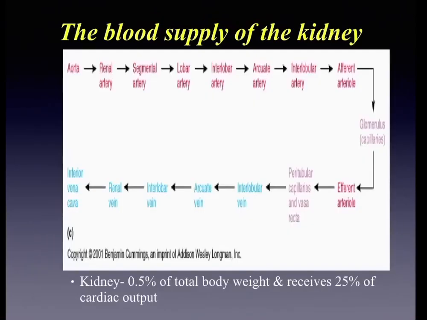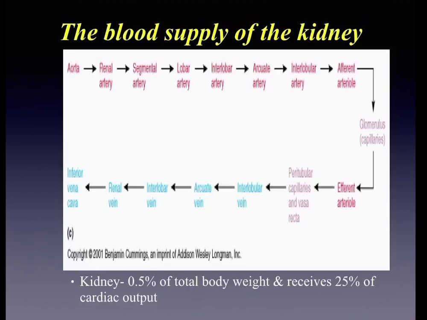Next, coming to the blood supply of the kidney. It is mainly by the renal artery, which arises from the aorta. This in turn branches into segmental branches and then into the interlobar arteries, which give off the arcuate arteries. These arcuate arteries arch between the cortex and medulla. They in turn give rise to the interlobular artery, which then gives rise to the afferent arteriole. This afferent arteriole supplies each single glomerulus. From the glomerulus, the efferent arteriole will emerge.